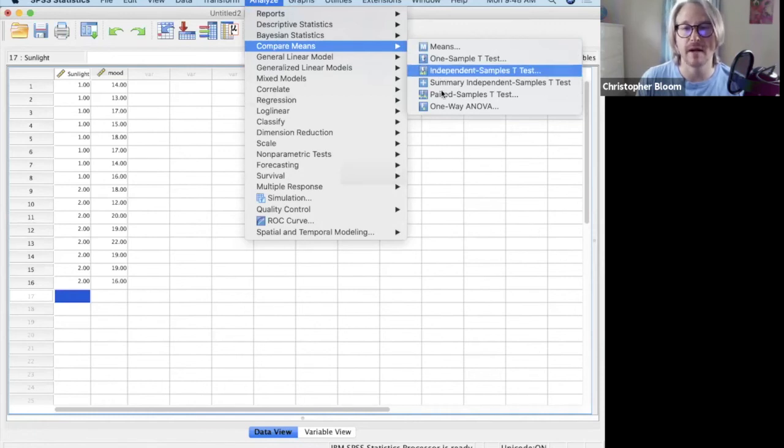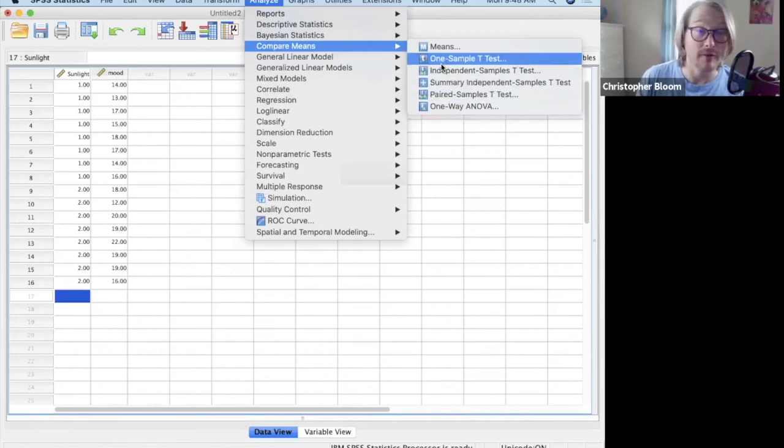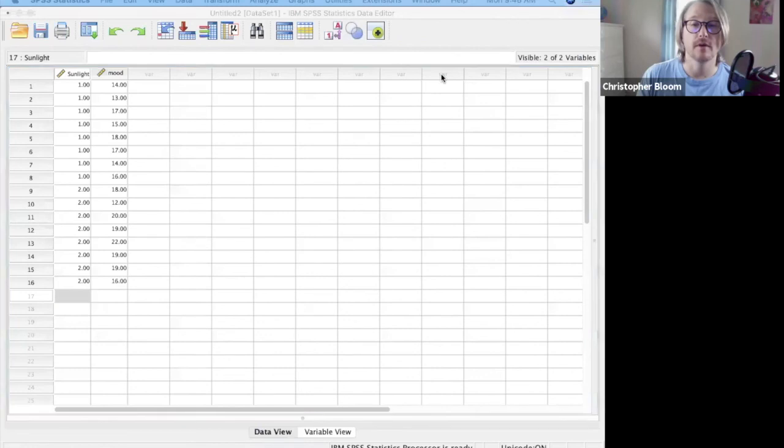I want you to see that the paired samples t-test is here. We're going to learn that soon. The one-way ANOVA is here. We're going to learn that even sooner. And also the one samples t-test, which we don't do in SPSS and won't. But we're looking for this independent samples t-test. It's going to open up